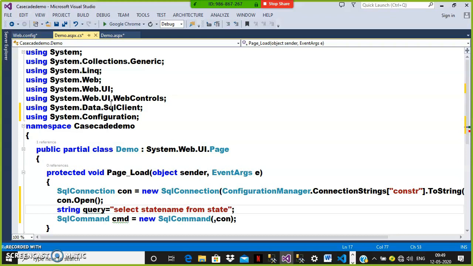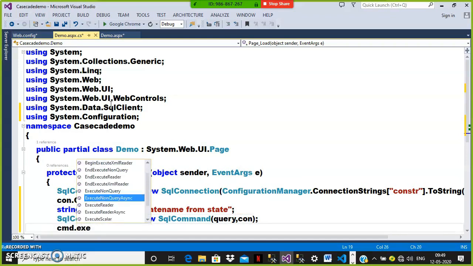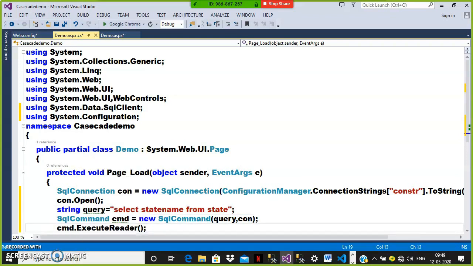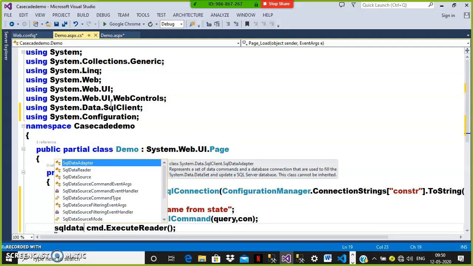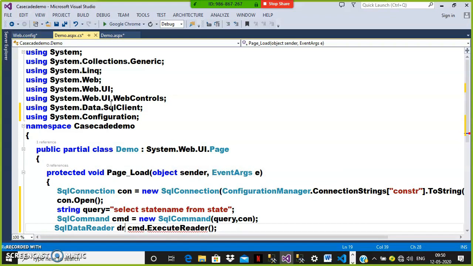Is it clear? Select state name from state. That's it. Select state name from state, and here I'll pass the query, con, and then cmd.ExecuteReader, and the return type is SqlDataReader. SqlDataReader dr is equal to